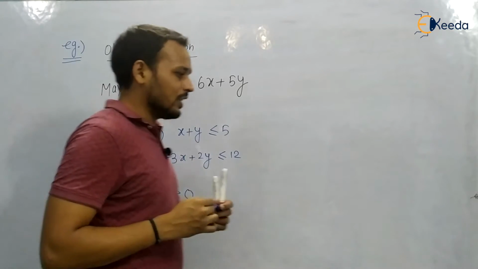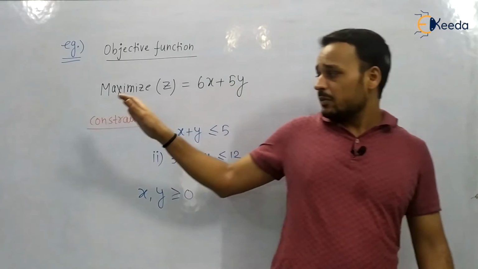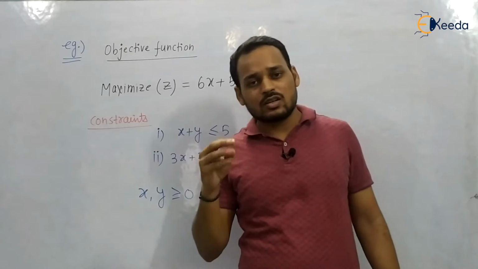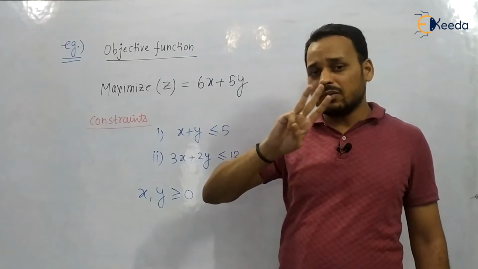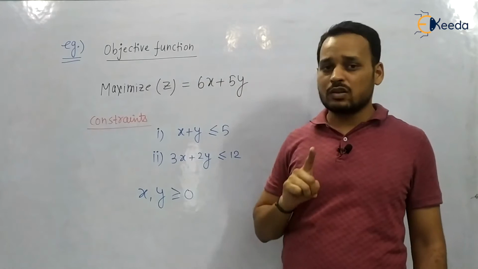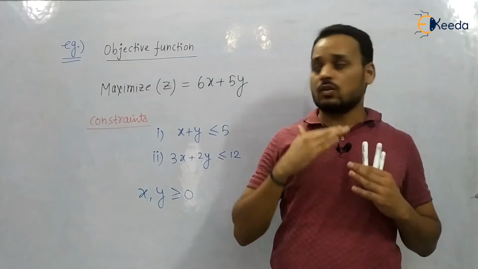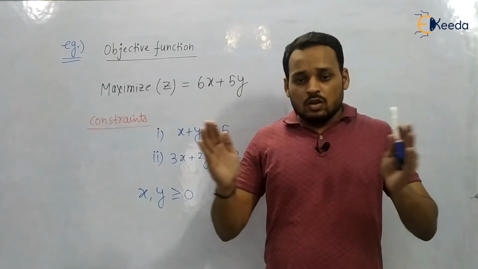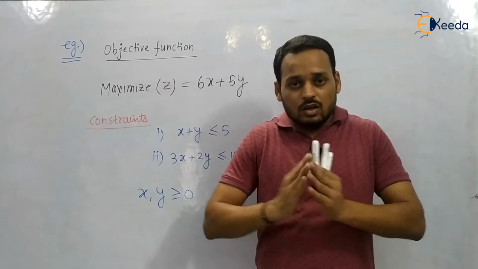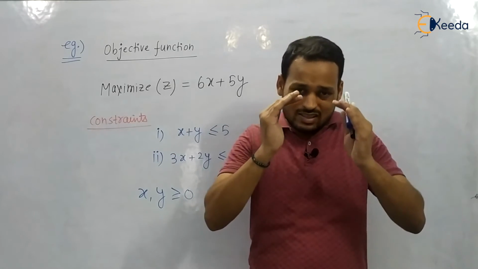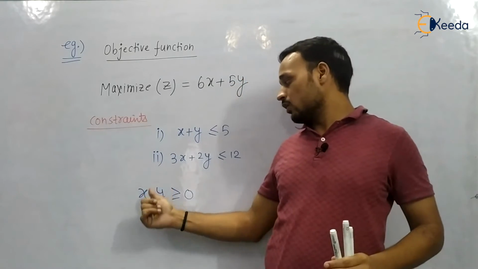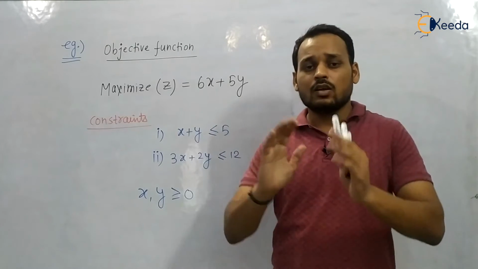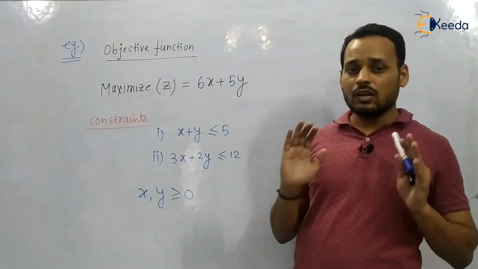So these three things are given, and they will be given in any of the questions, whether it is the graphical method or the simplex method. So we have written three things. The first one is the objective function, which we have to optimize. The second one is constraints. It means we have to follow some rules, we cannot cross the boundary, we have to use our resources wisely. And the third one is the relation x, y greater than or equal to 0. What are these x, y? These are basically mathematical variables.